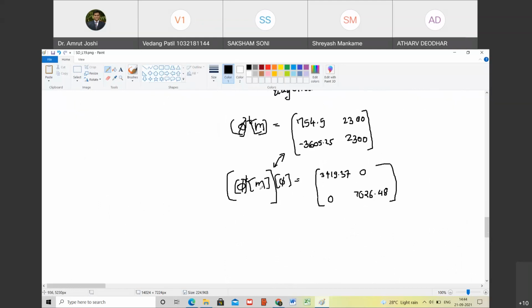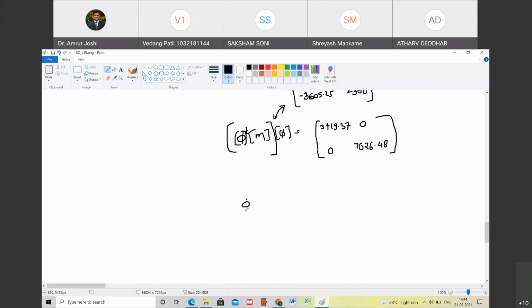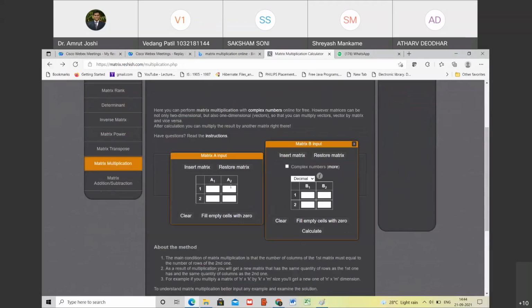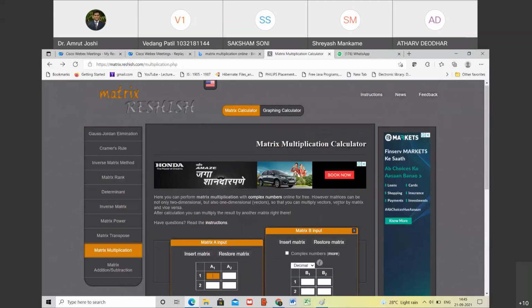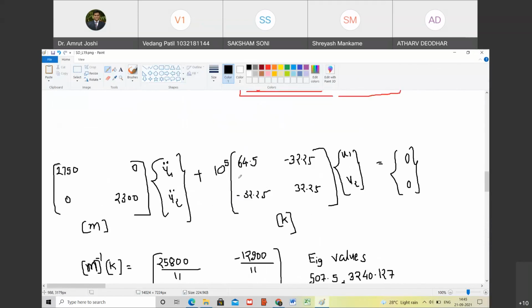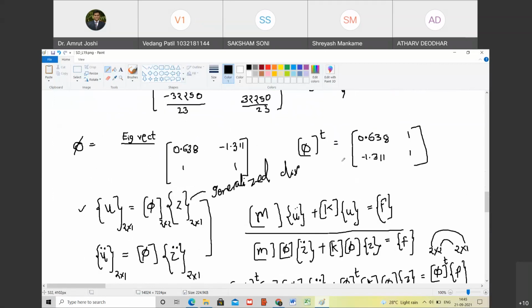Yes, sir. The same thing we are going to do now with the phi transpose K phi matrix. So let us do that. First thing I'm going to do is phi transpose K. Happy? So let us calculate that matrix. Two matrices are there: phi transpose and K. Can you take a snapshot and tell me these matrices, so that will be easy for me? This is K matrix. Take a snapshot of this. Then this is phi matrix. Take phi and phi transpose, take a snapshot of both.